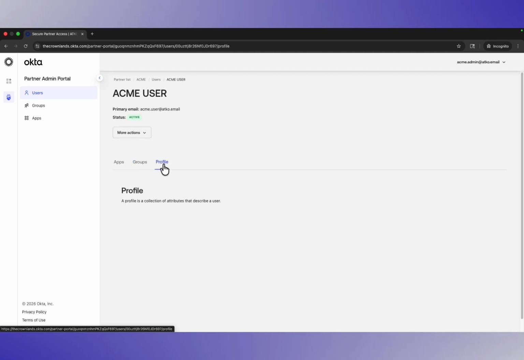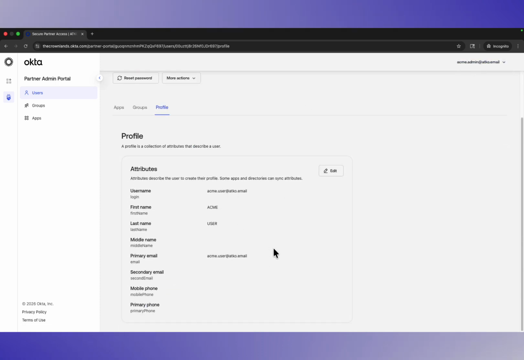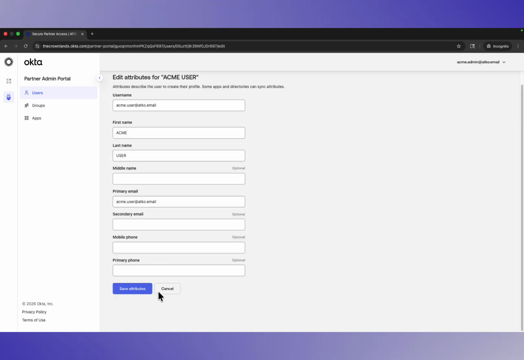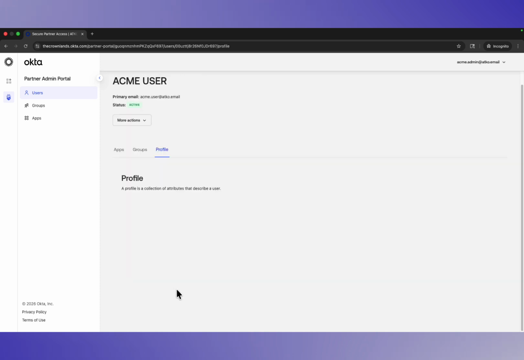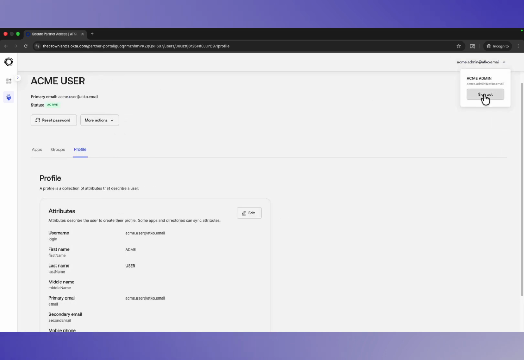One final thing I do want to show is for this particular user, as the admin, I am able to edit their attributes as well, whichever are allowed. And just taking a look, these are the different attributes that I can edit on behalf of this user as the admin for this respective realm. Now, if I were to log out,